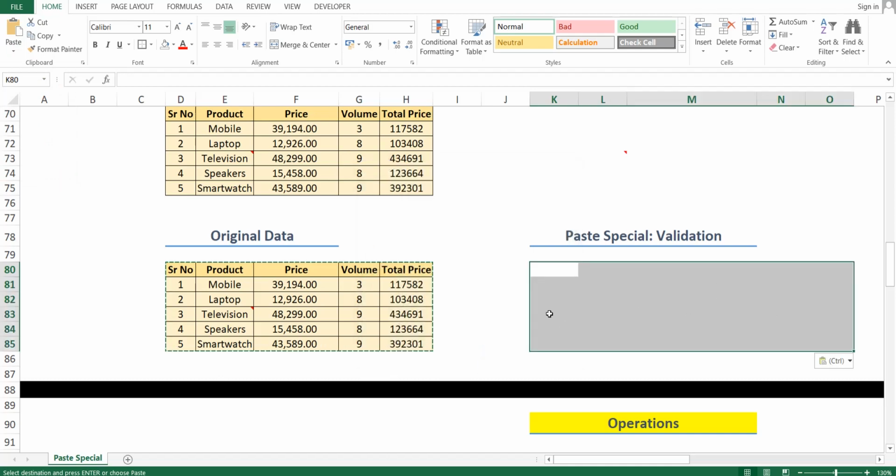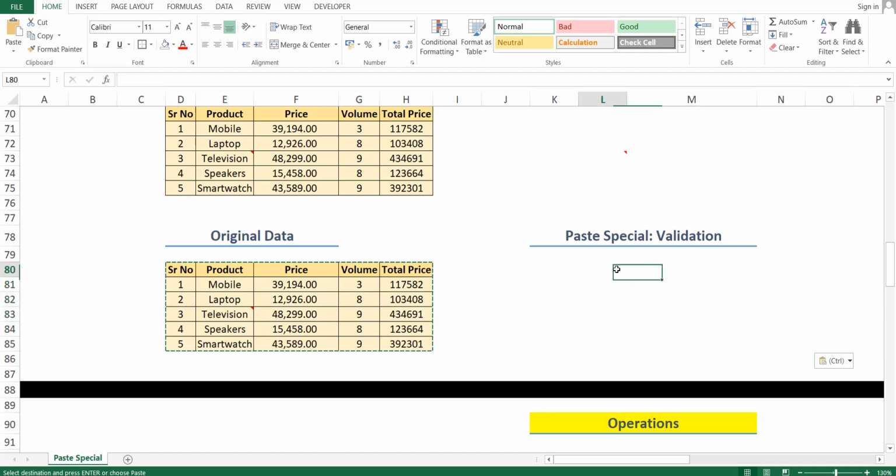So you can see that no data or formatting will appear here, but only data validation, that is the drop down list, will appear here. If I click on the drop down list, the items which are already available in the original location will get pasted to the desired location as it is.